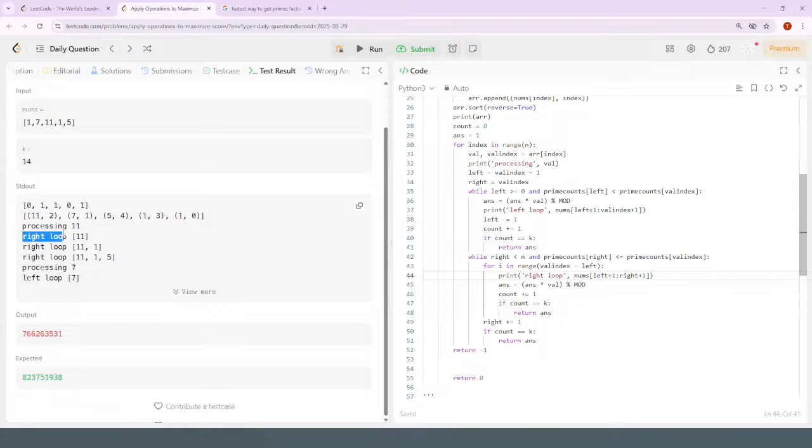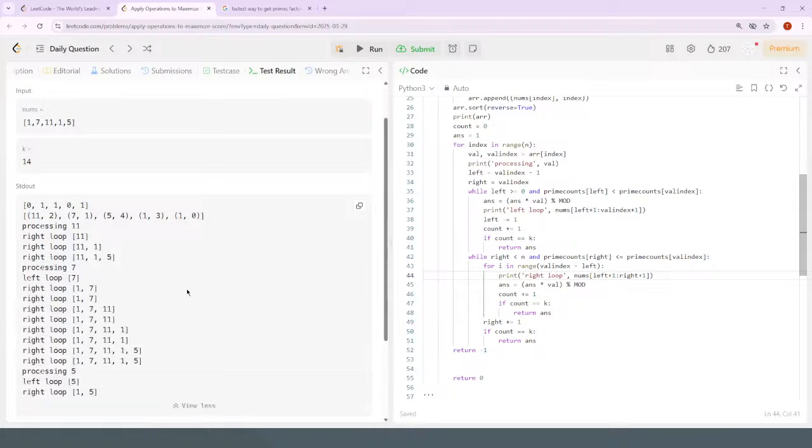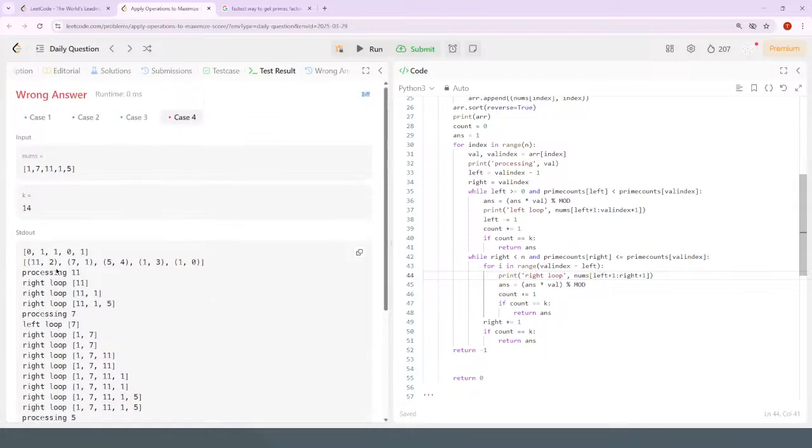So on the right loop is actually when one actually does the 1 by itself. Is that how I want it to go? Guess that could work. 11, 11, 1, 11, 1, 5. And then for the 7,